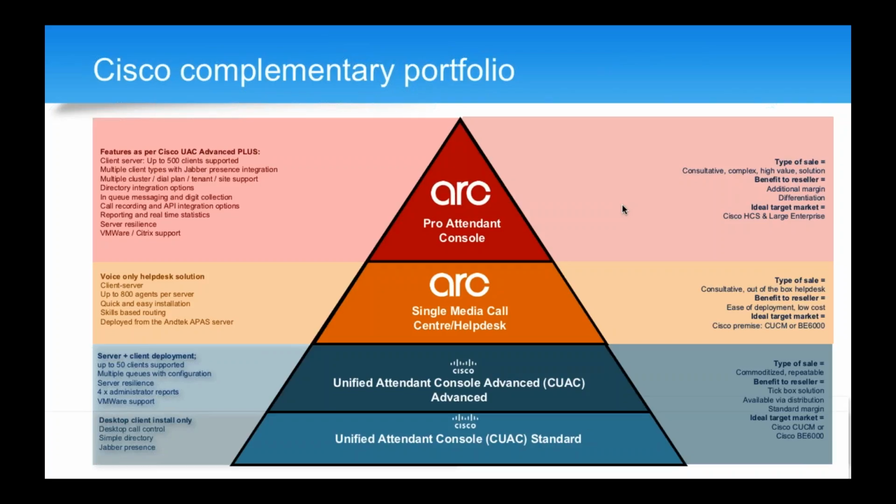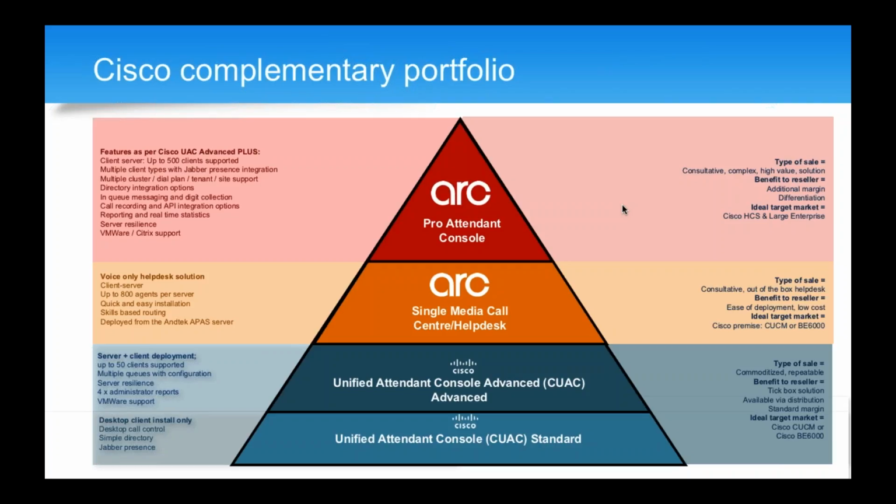And we'll have a very quick look at both of those products, and they are the Cisco Unified Attendant Console Standard, which is a simple desktop product, and then the Cisco Unified Attendant Console Advanced, which is a slightly more sophisticated server client-based product. And there is a place for these products, many opportunities, and what we'll try and help you understand is where those products are a good fit and where you might want to look further afield and be more consultative in your approach and look at selling some of the ARC branded solutions which are closely related